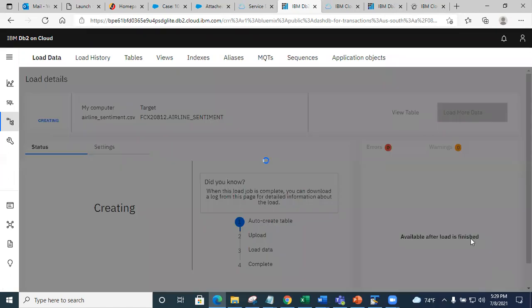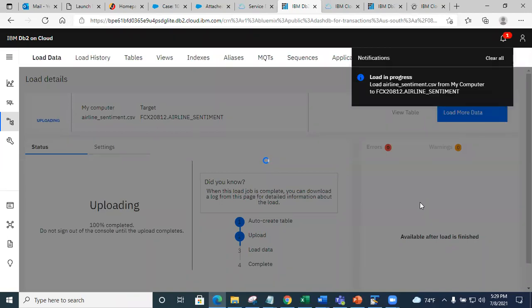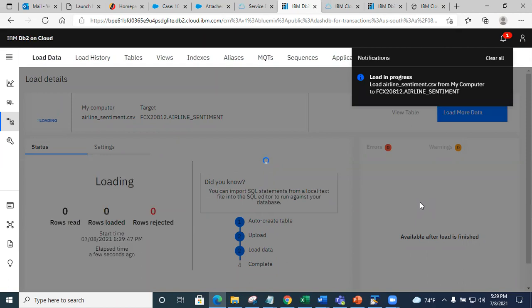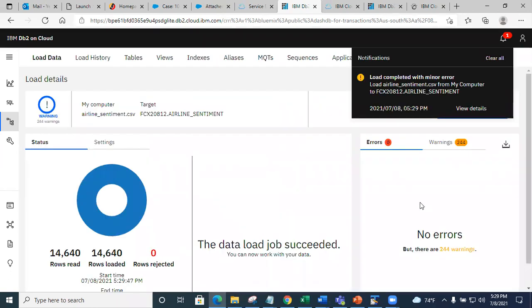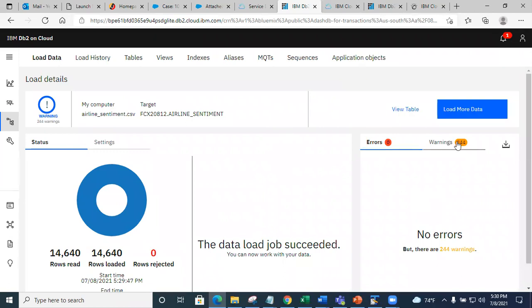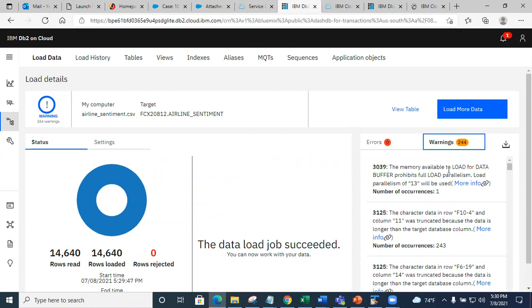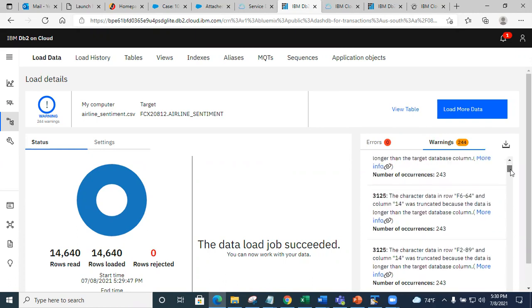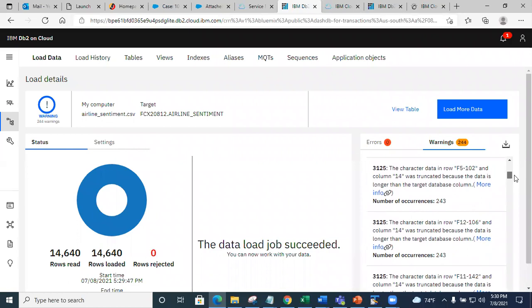One important thing is to make sure that you did not open the file. The file cannot be opened before you load it. So there we go. Load in progress. See this? So this is working as expected. Okay, so when you load airline sentiment, this is what you see. But for unknown reasons, there are warnings. There were no warnings in the old system, but okay, you can ignore this warning, okay? This is just a warning, and it just does not like some of the characters.